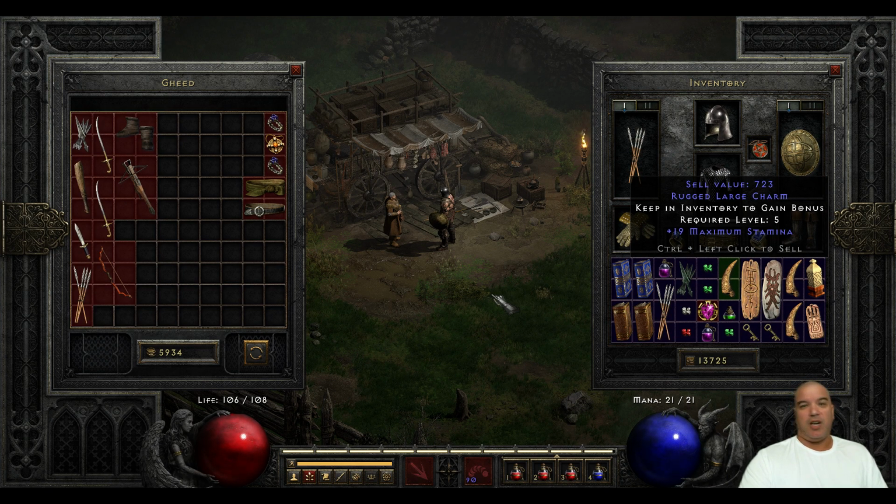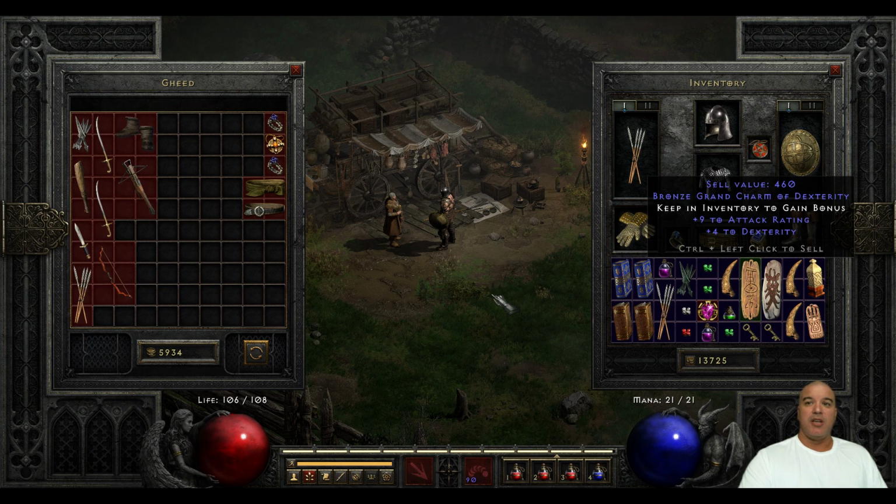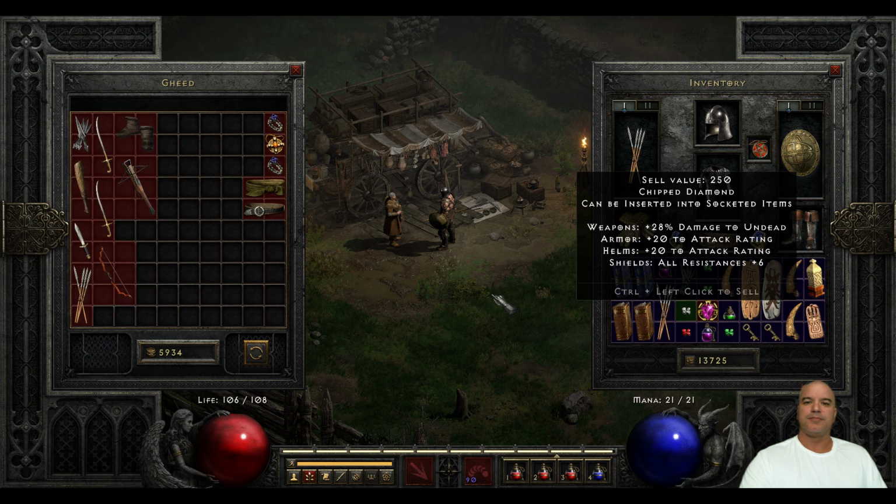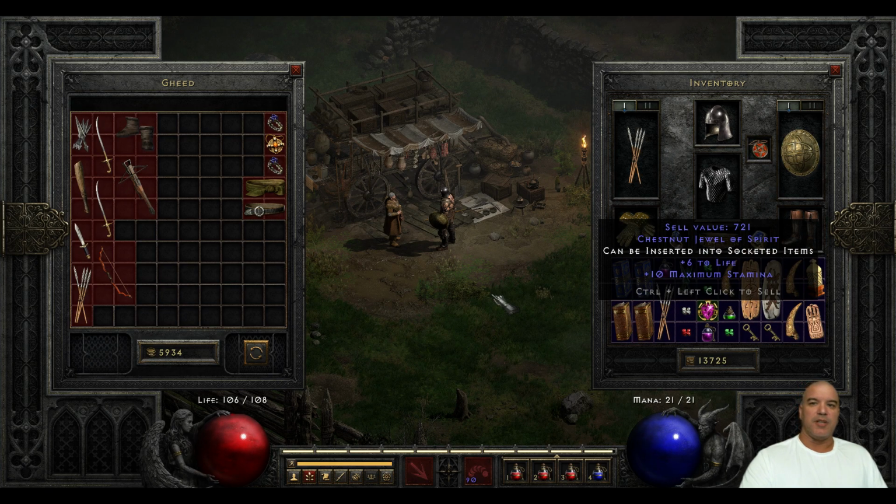Charms, not amazing. I mean, yay, stamina. Just all this does is make the Den of Evil runs faster, but hey, large charms and grand charms dropping in the Den of Evil if you run it enough. And of course jewels. Oh, that one hasn't even been identified yet. Not that it matters, but...